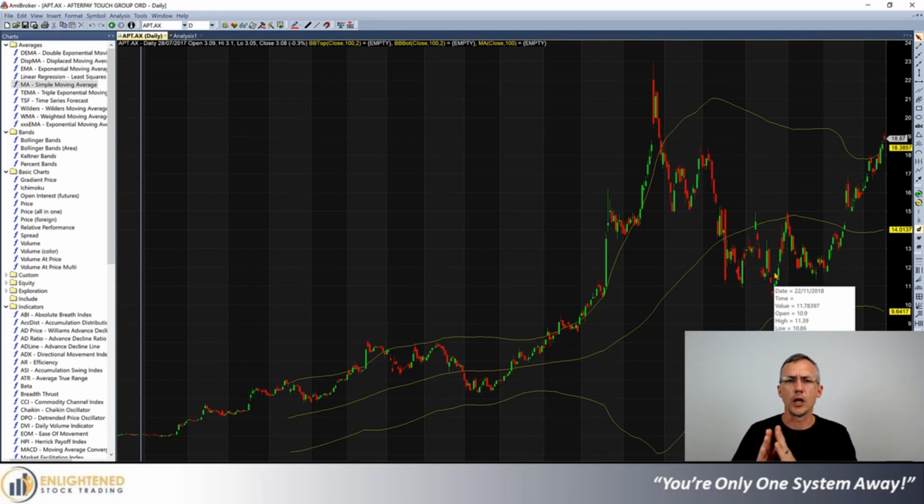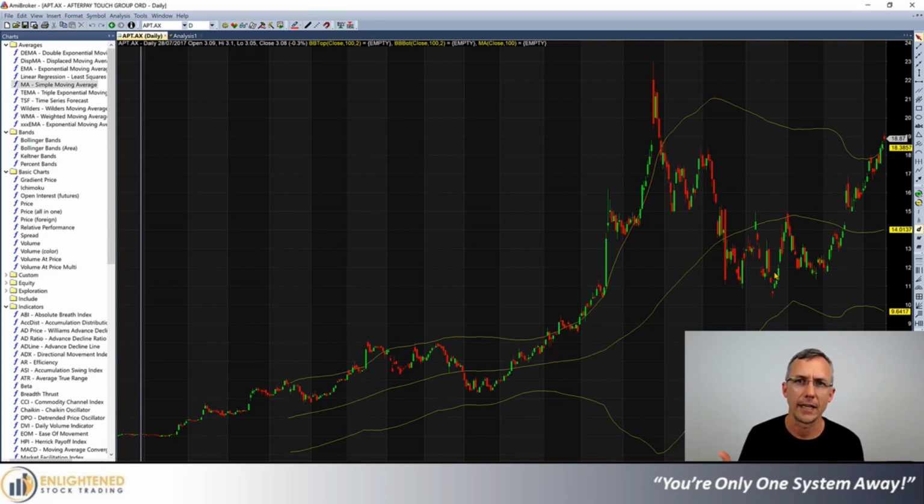But you see, the longer the number of periods in the Bollinger Band calculation, the smoother the bands are and the slower it is to react. So you can tune both the width and the duration of the Bollinger Bands to meet your needs. If you want a longer term system, use a larger number of periods. If you want a system that trades less often, use a wider Bollinger Band, and you're going to get higher